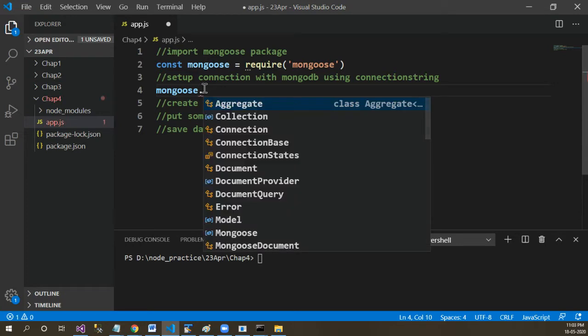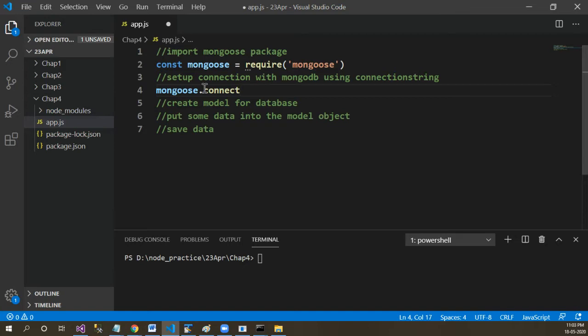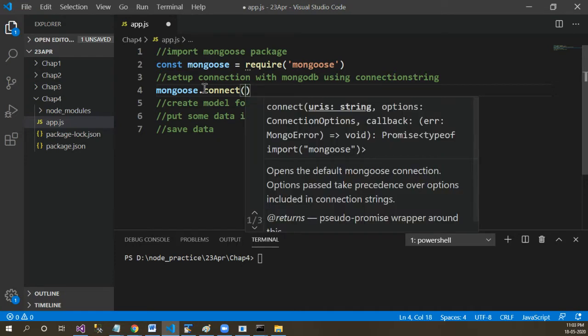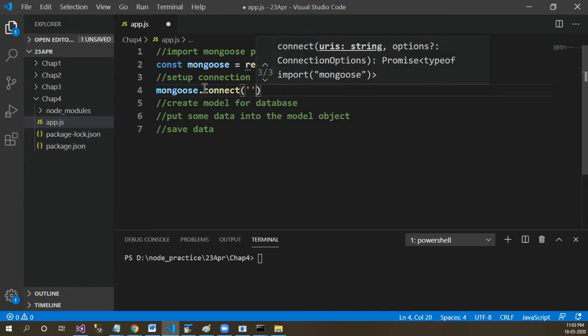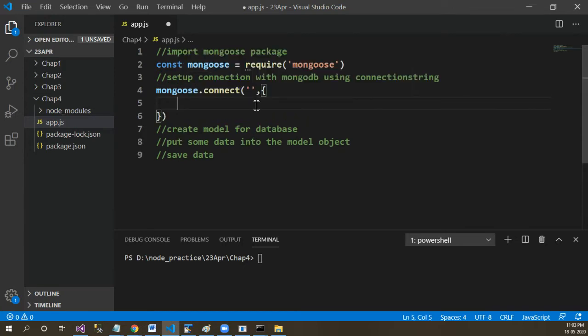In order to create the connection, Mongoose has the method connect. Here you need to provide two things. First is the connection string, and second is the parameter for Mongoose to get connected.